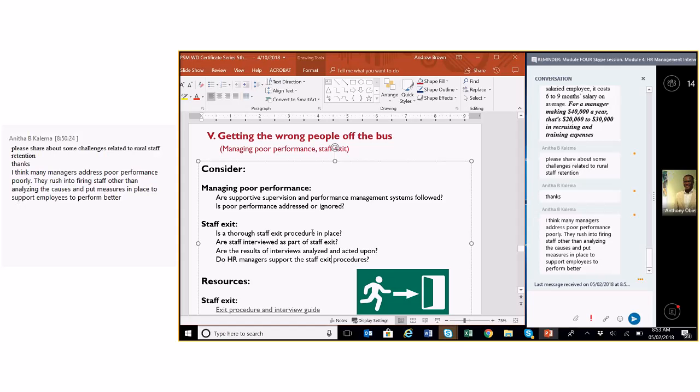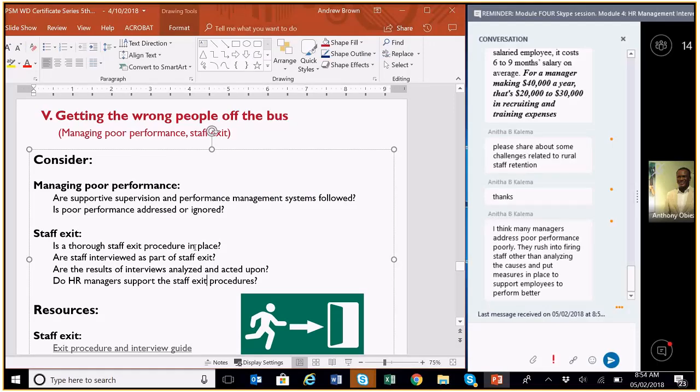Thanks to Anita for your comment. Your experience has been that sometimes they maybe fire people too quickly. My experience has been the opposite, that they're very reluctant. But if in your circumstances it's firing too quickly, there are many reasons for poor performance of staff. There would be some times where immediate dismissal is absolutely necessary, and this is usually to do with aspects like theft, severe professional misconduct, sexual misconduct, etc., where there is grounds for immediate dismissal. But often for poor performance, there can be reasons why that occurs that are not the fault of the individual.